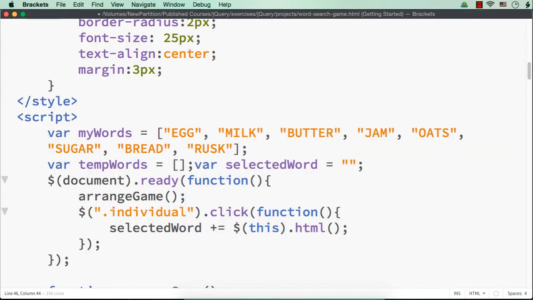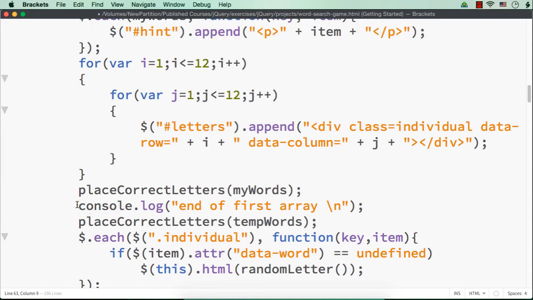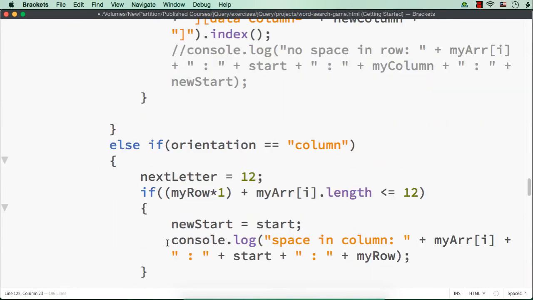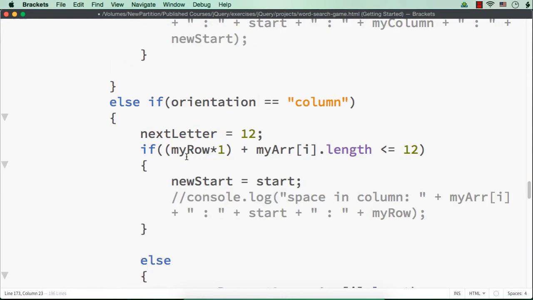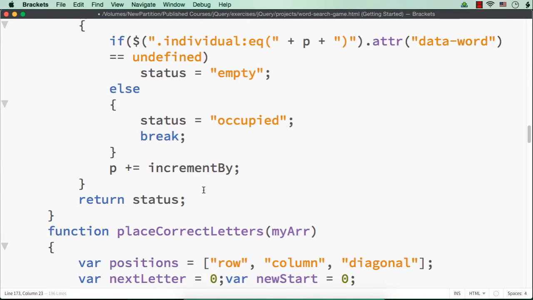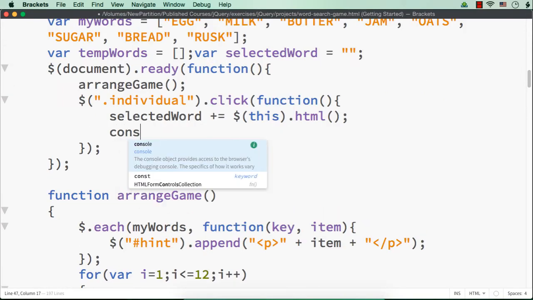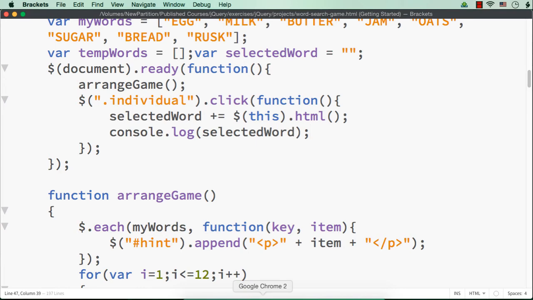So let me just comment all the console statements just to show you. Okay, and then here let me write console.log(selectedWord). Let me save this and show you.